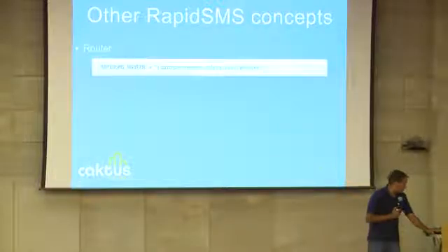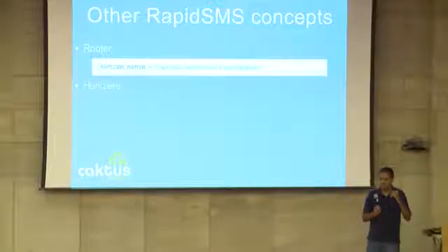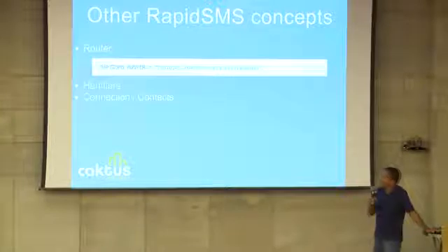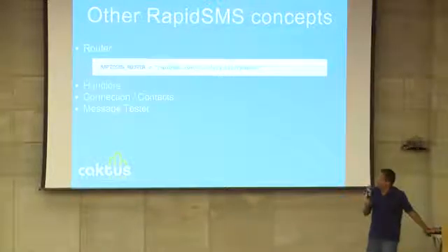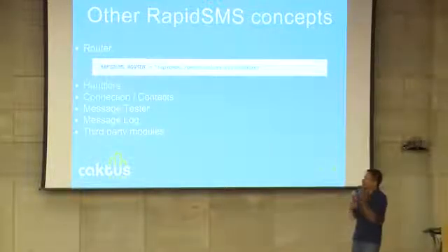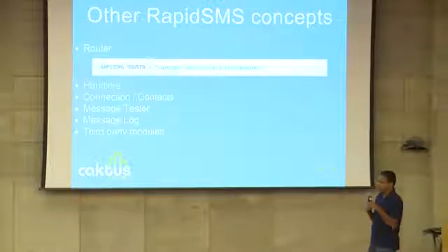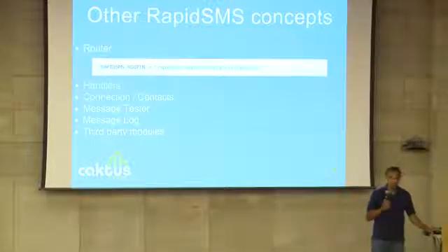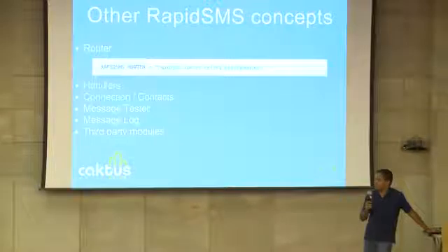There are some other RapidSMS concepts that are less important. There's a router. The default router is a blocking router, but you can use a celery router to get async processing. I could talk about these with you in detail, but they're just things that make things a little bit easier to use: connections, contacts, address book, a way to do web testing through the web interface rather than using a phone. And like I say, since it's open source, there's a lot of third-party modules that are freely available that would often do what you need to do.